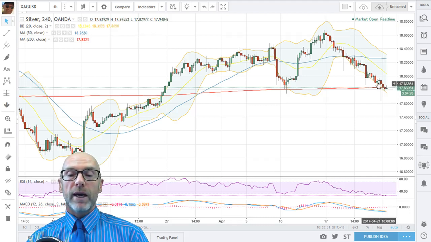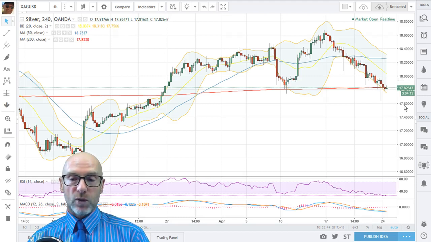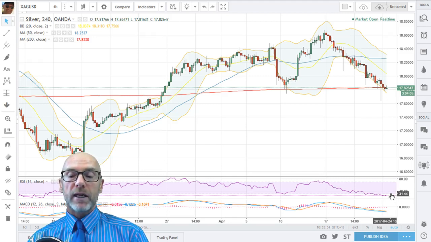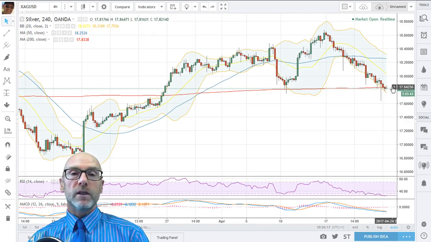And if you look back over the last 14 bars, you'll see that we had this big down bar on the 20th of April. That will drop out of the RSI calculations over the next 8 hours, over the next two bars. That will mean that this will bounce back up, which could be the signs of a bottoming. The MACD is also very narrow between the short and the longer term, but not as conclusive as the RSI. So the short term is just pointing towards the fact that we may be about to see a short term